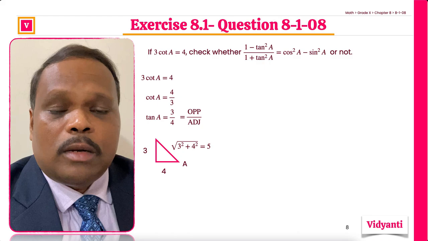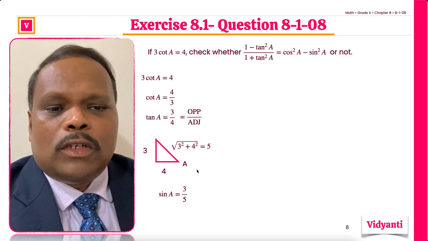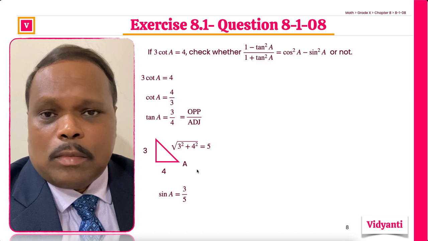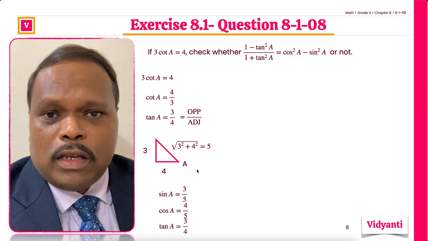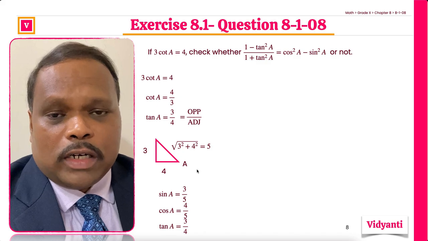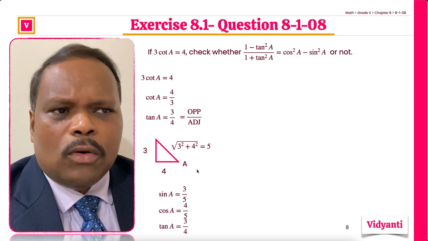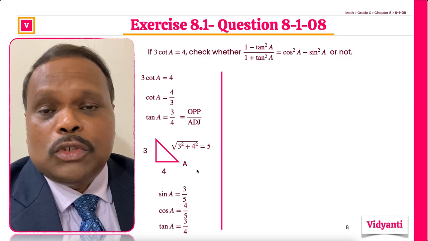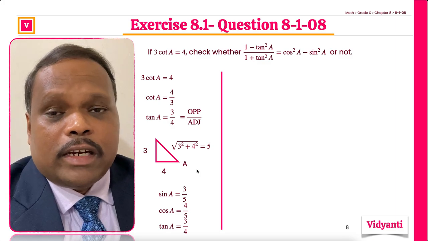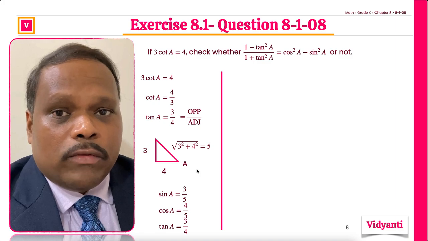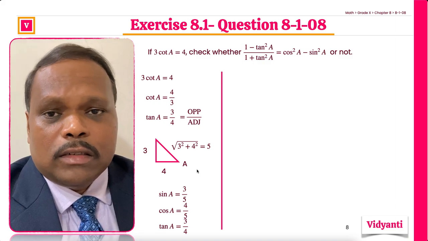You can remember the Pythagoras triplet 3, 4, 5, and that is also useful. Once we know all three sides, sine A is opposite over hypotenuse, which is 3 over 5, cosine is 4 over 5, and tan is opposite over adjacent, which is 3 over 4. Now, we are supposed to check something, and it will have two sides. One is the left hand side, and the second one is the right hand side. So we'll evaluate the left hand side separately, we'll evaluate the right hand side separately, and we'll show both are